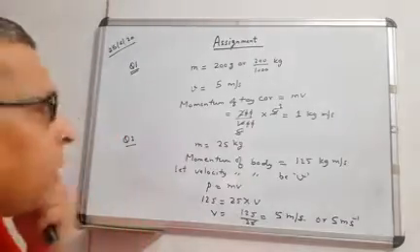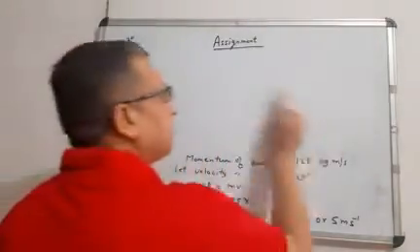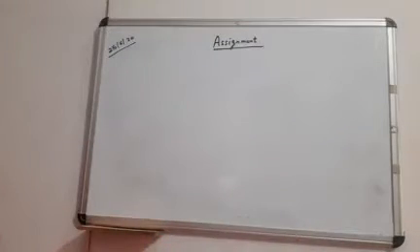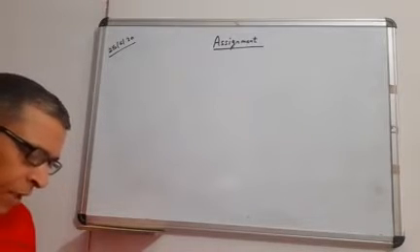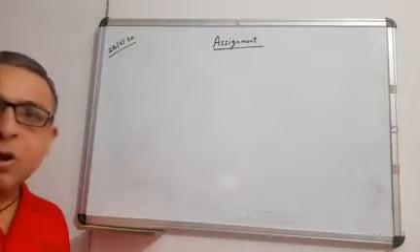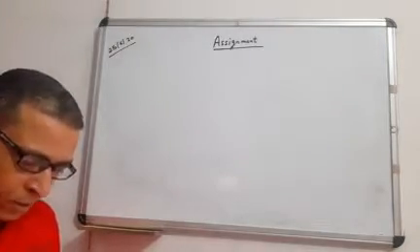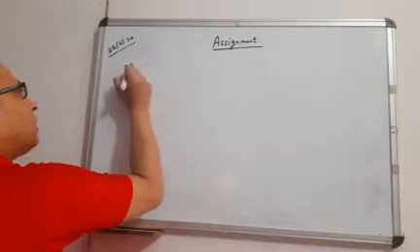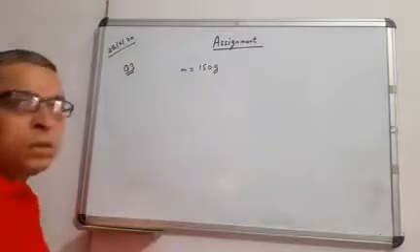Now I am coming to question number 3. For question number 3, you will have a 150 gram ball traveling at 30 meter per second that strikes the palm of a player's hand and is stopped in 0.05 seconds. You will have 3 things. Mass of ball given. Question number 3. Mass of ball 150 gram.